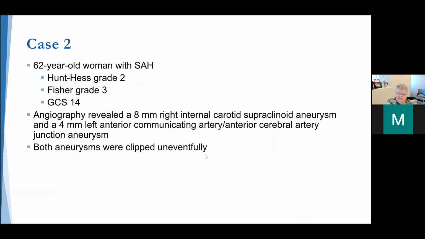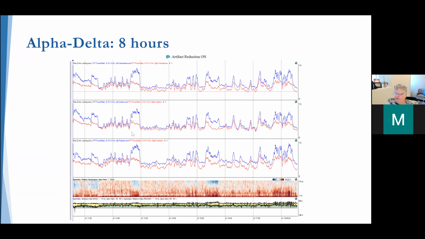The next case is a 62-year-old woman with a subarachnoid hemorrhage. She had a Hunt-Hess grade 2 and a Fisher grade 3, so high risk for vasospasm. And she had 2 aneurysms, an internal carotid and a 4-millimeter left anterior communicating artery, and both of them were clipped uneventfully. And here was her initial alpha delta ratio about 12 hours after her